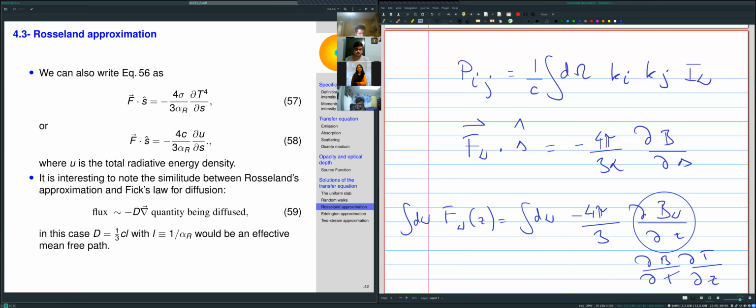Normally this diffusion coefficient is written as 1/3 times the velocity of the particle which is carrying the transport, the particle responsible for the transport. So this is photons, so they go at the speed of light. And it's 1/3 for each of the directions X, Y, Z, and L is the mean free path. And so this L here, if you replace it into the expression above,